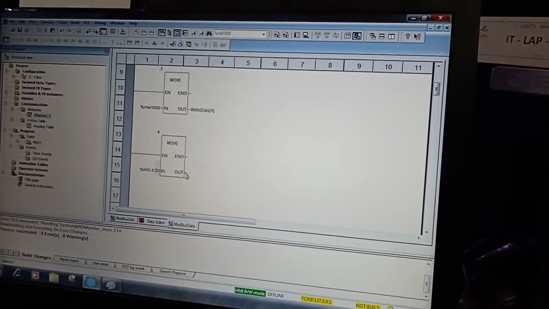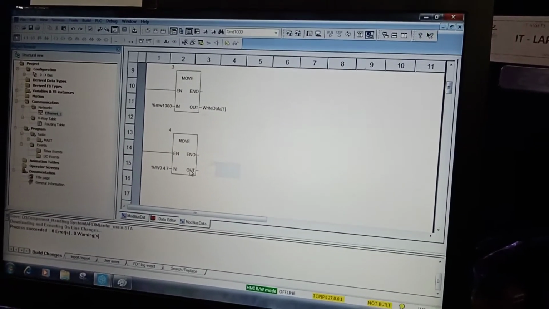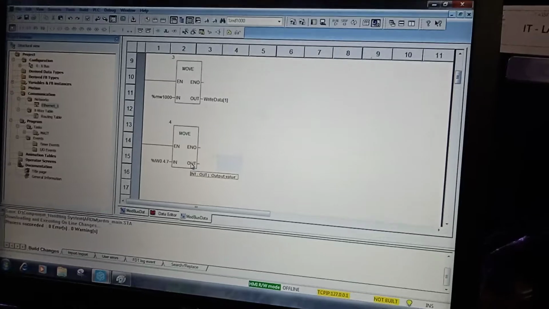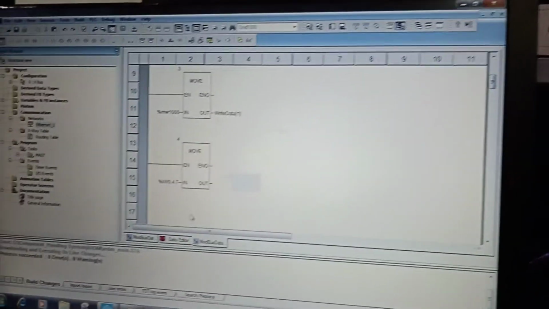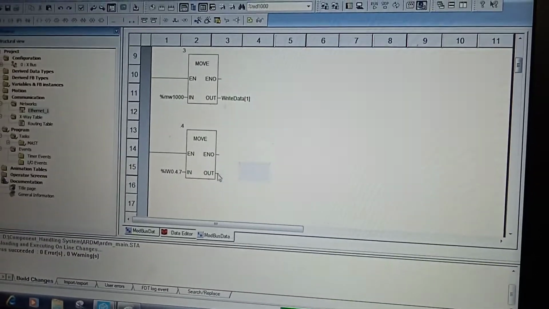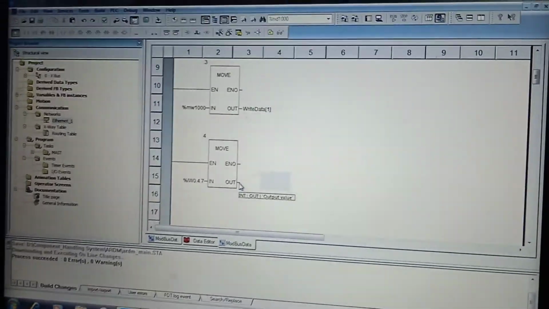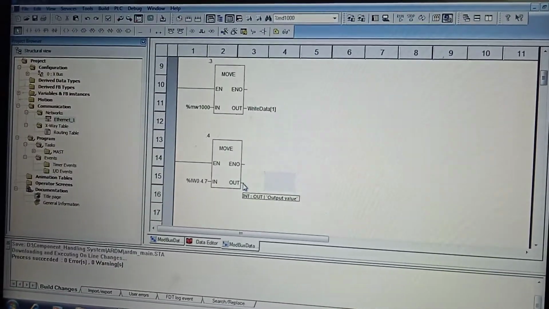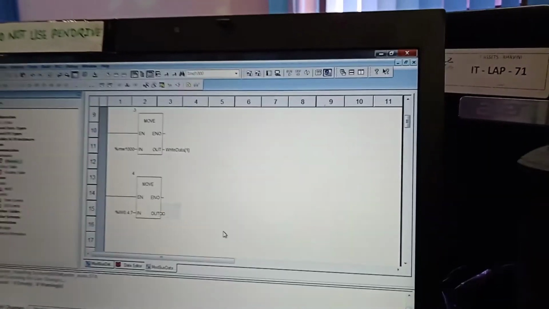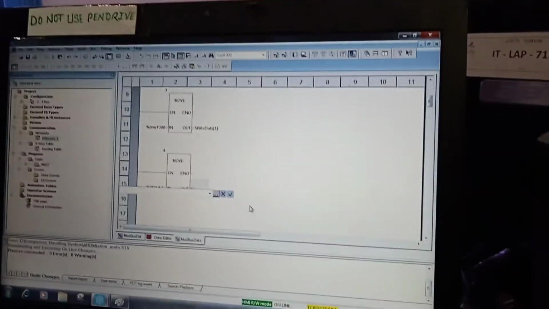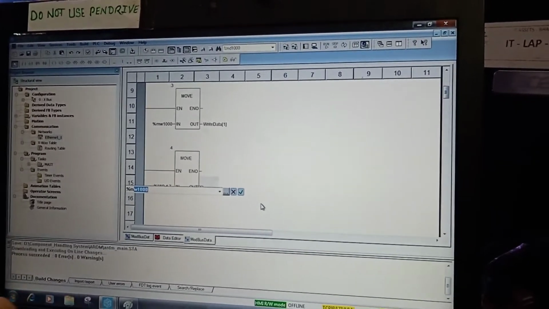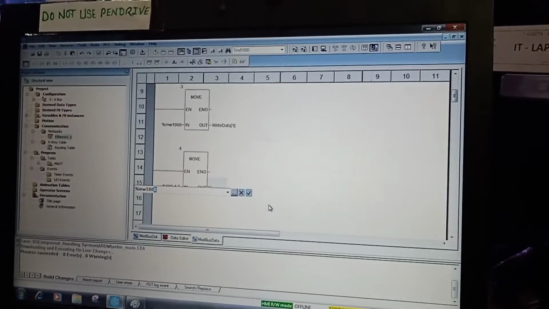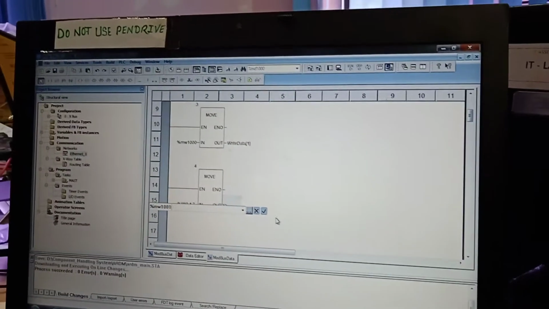Now whatever output is coming, here I will give an intermediate variable, say %MW 101.